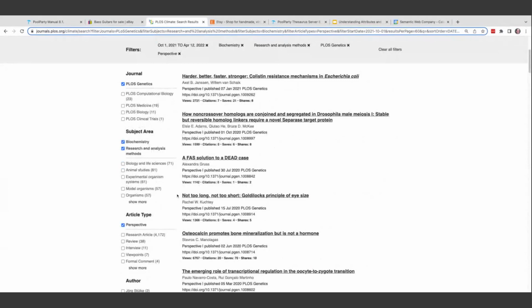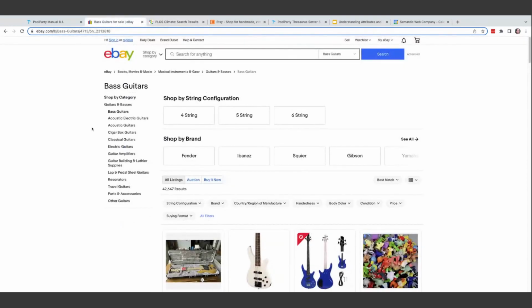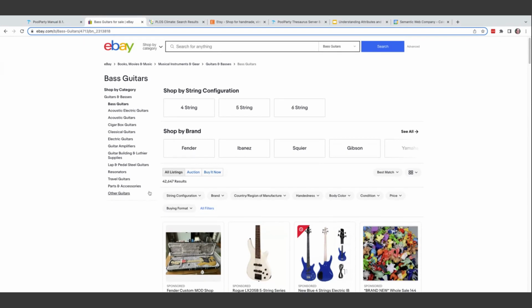Now I'm going to go back to our eBay and our guitars. Remember, we went through a hierarchy first, and I got to the bottom of the hierarchy, and now I have shop by string configuration, shop by brand. These are attributes, because they're not part of the hierarchy tree, and there are some other things